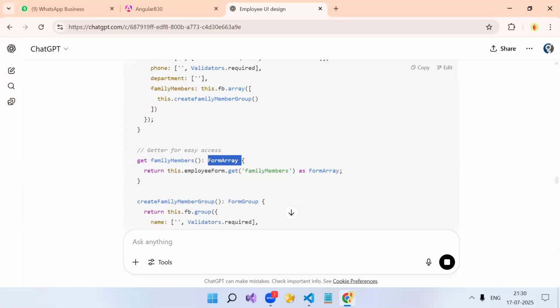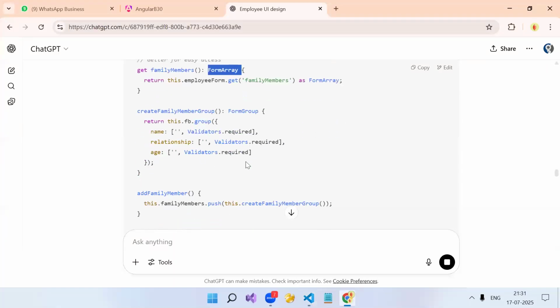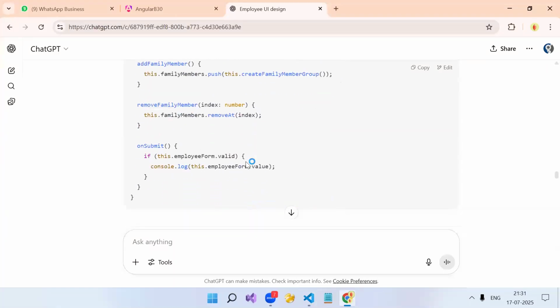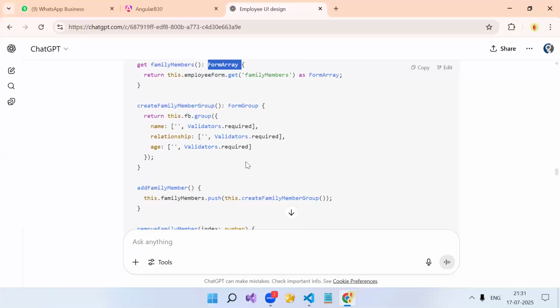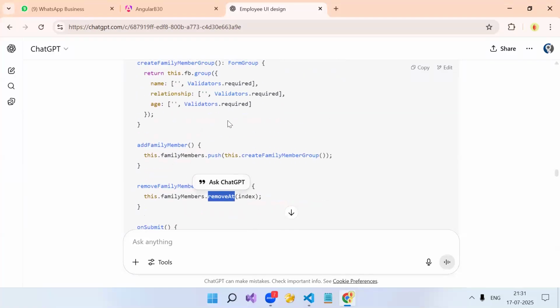The form array return type we didn't give, so because of that, get family. Still, why is add not coming? Push is there. Wait. Sorry, push was there. I was thinking of add. The vice versa is remove. We don't have pop. While adding, we have the push method. Okay. My bad.